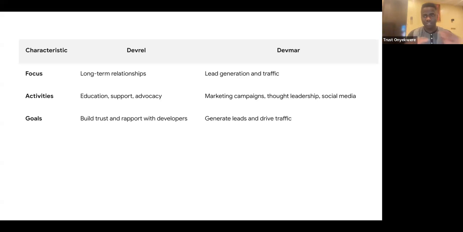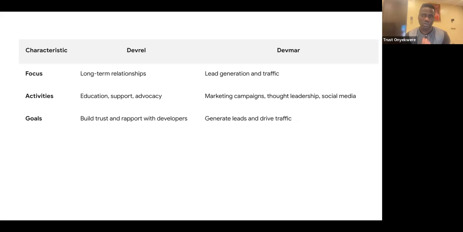So in this activity of difference, DevRel is focused on educational support and advocacy. Developer marketing is focused on marketing campaigns, social media, all of which also need educational content. So it is not out of place. We see developer marketing managers and companies who write articles, technical writers, they go to conferences, the workshop, they travel, all in an attempt to get the attention of developers and bring them to the business, hand them over to developer relations people to manage and build their friendship and relationship over time.